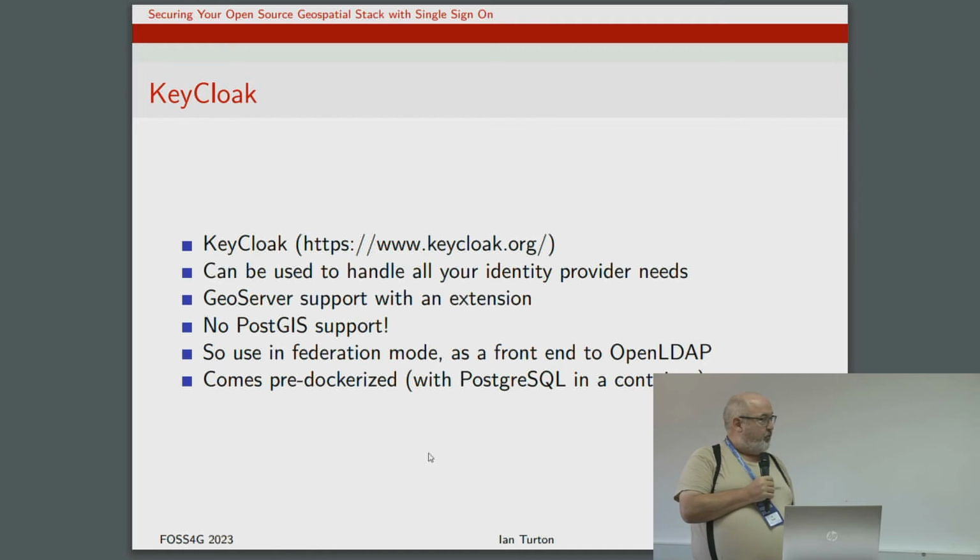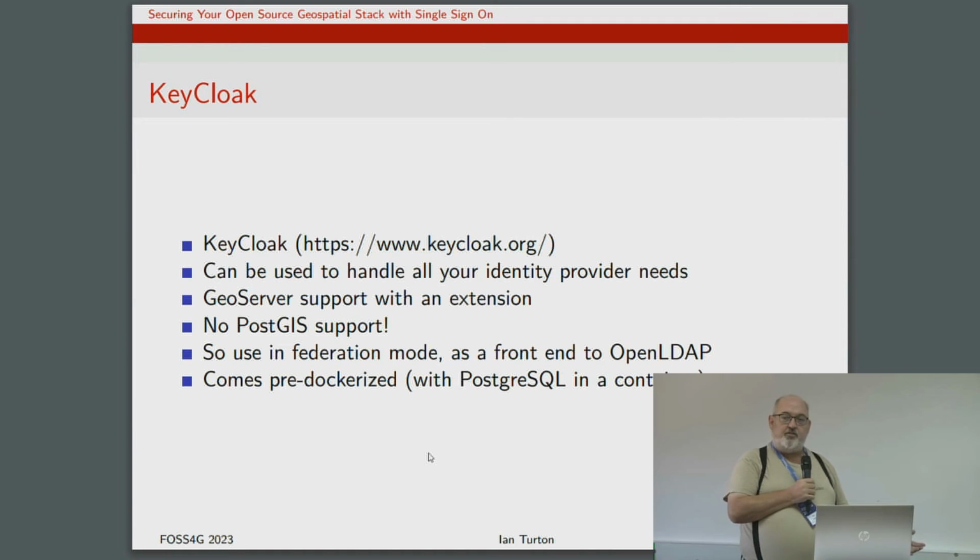PostGIS doesn't want to talk to Keycloak at all, but that's fine because we can use it with OpenLDAP. Again, this one comes pre-Dockerized with its own little Postgres server inside the Docker containers, so you can hide all of your complicated security stuff away inside a set of Docker containers, and it all works nicely.